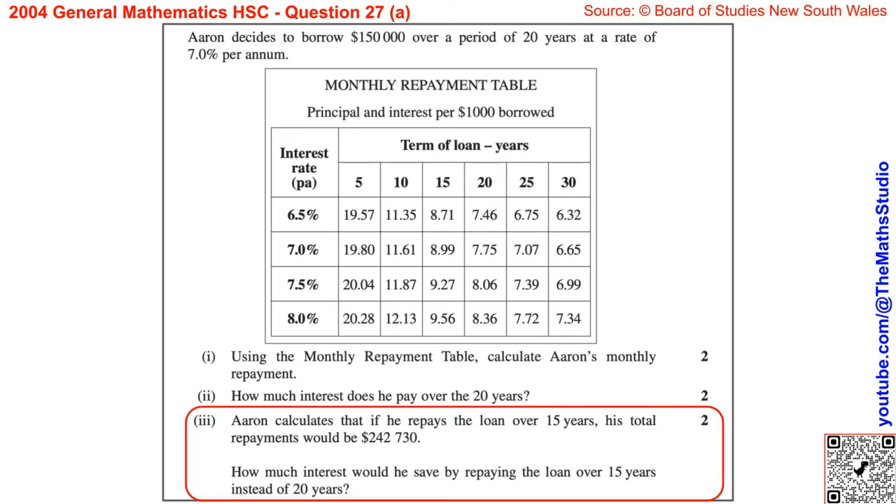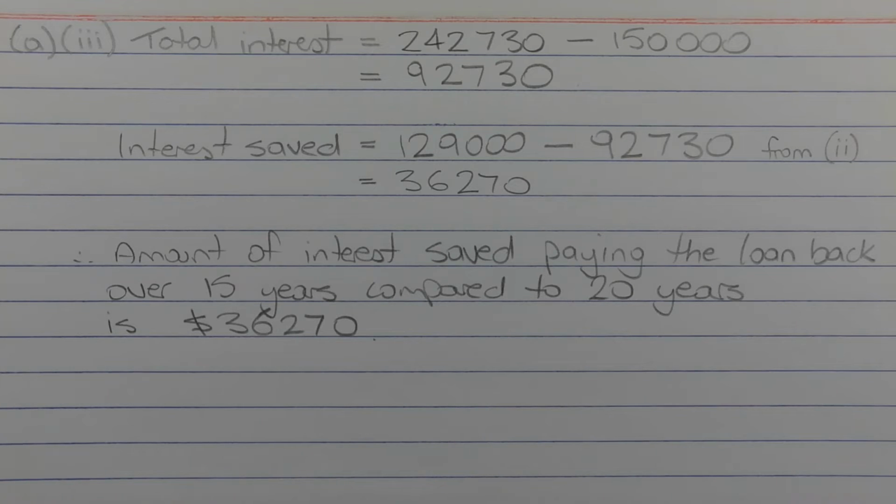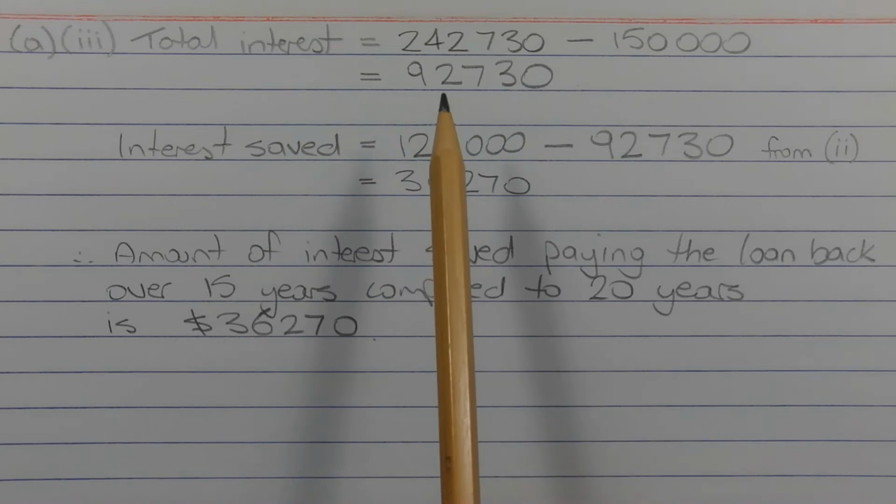Part 3. Aaron calculates that if he repays the loan over 15 years, his total repayments would be $242,730. How much interest would he save by repaying the loan over 15 years instead of 20 years? The first step is to work out the total amount of interest paid if the loan is paid back over 15 years. Now, Aaron calculates the total amount repaid is